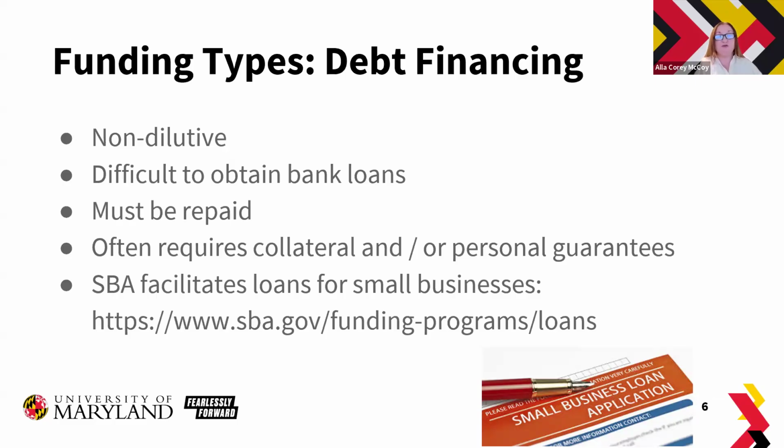Typically, banks will ask you to write personal guarantees, and you would need to put up collateral, your personal property as collateral. So be very careful. However, it is an opportunity. Even though you have to put up a personal guarantee, SBA facilitates loans for small businesses where they waive the requirement for personal guarantee for a portion of the loan. So you can visit sba.gov for more information.